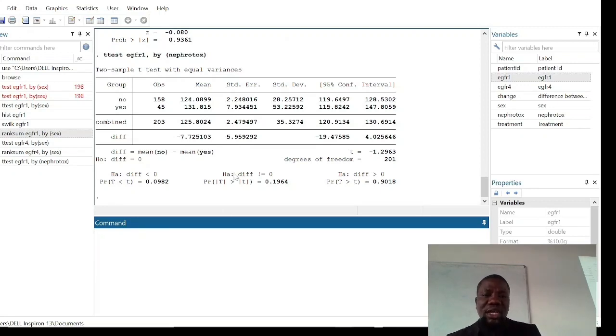And when you check, it's telling you from the t-test that there was not a statistically significant difference. And if you check the confidence interval, it's actually having a 0 in between there. This is using a t-test. So you know that the variable EGFR is not normally distributed. You don't want to use the t-test. You want to use the Wilcoxon rank sum test. So you say ranksum EGFR1